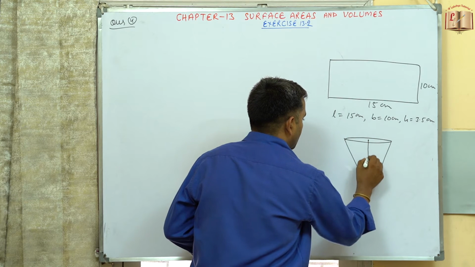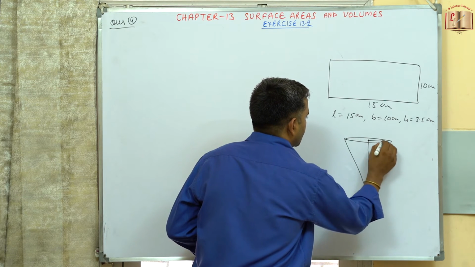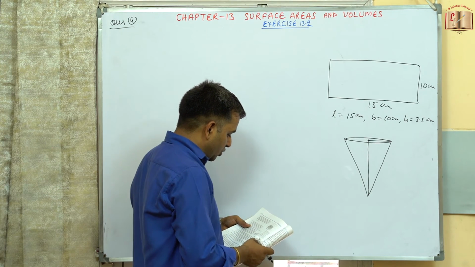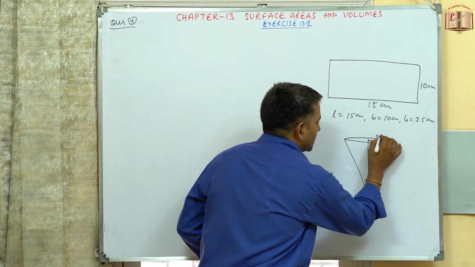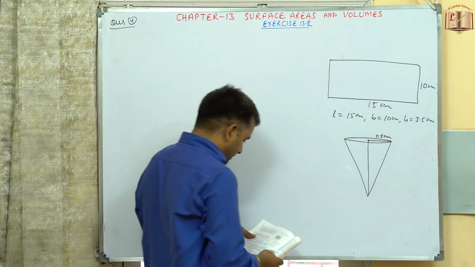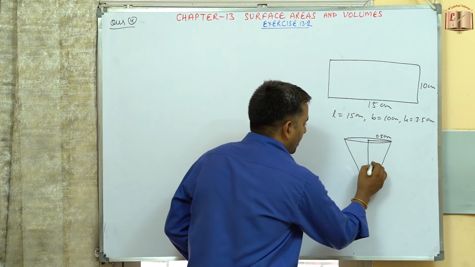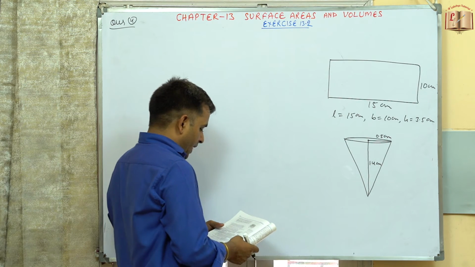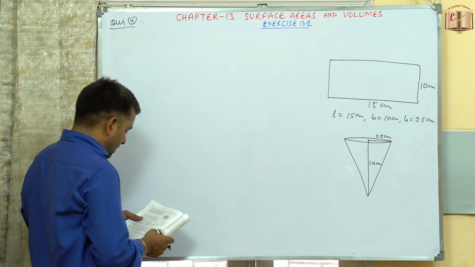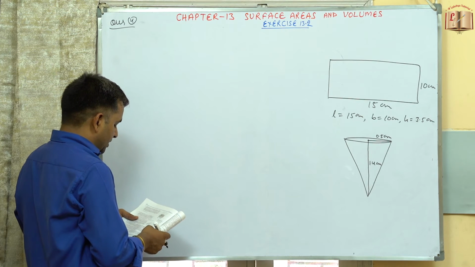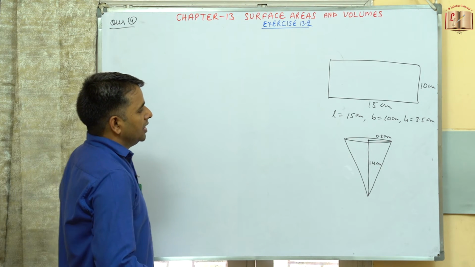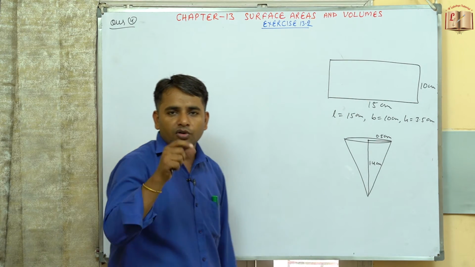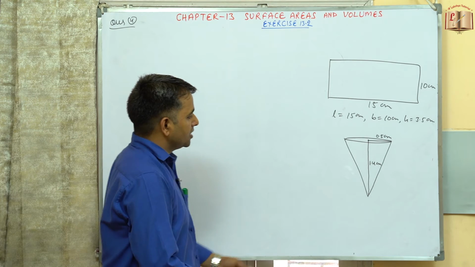So this is the conical shape depression given to us, and it is given that the radius of each of the depressions is 0.5 centimeter, and the depth is 1.4 centimeter. Find the volume of the wood in the entire stand. So volume of the wood will be the volume of cuboidal minus the volume of the four conical cavities, because